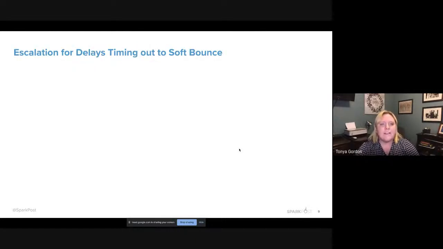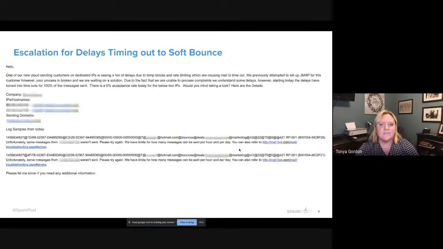So here we have an escalation for delays timing out to soft bounce. So this email particularly is stating that the dedicated IPs are seeing a ton of delays. We're seeing rate limiting and timing out. Basically, these delays are timing out 100%. So 0% accepted rate for today's send for these two IPs. So not only are we providing all that information as well as the IPs, the sending domains, the log samples,